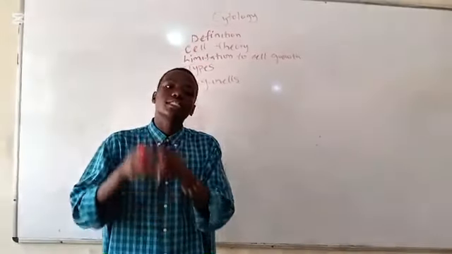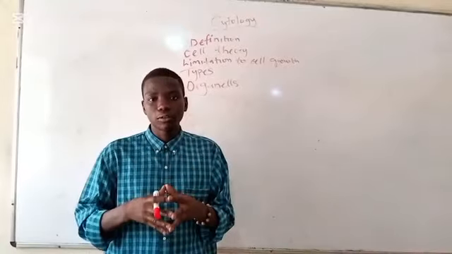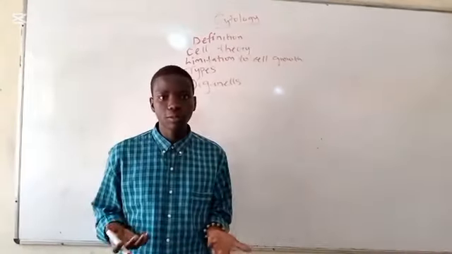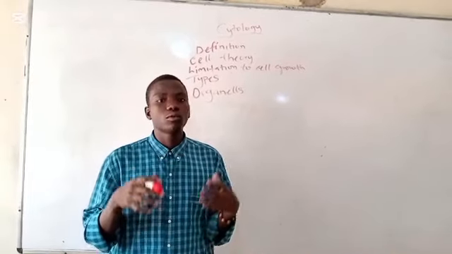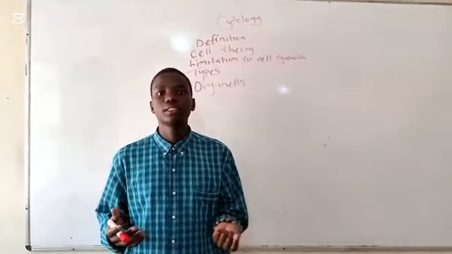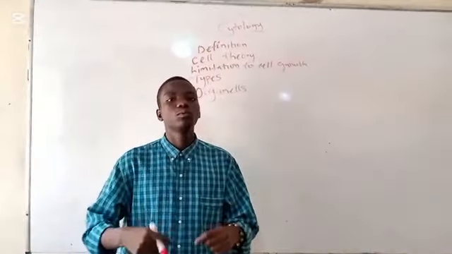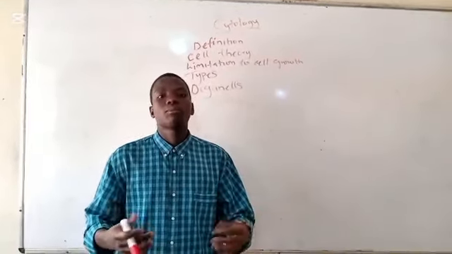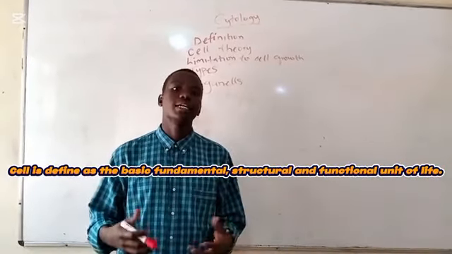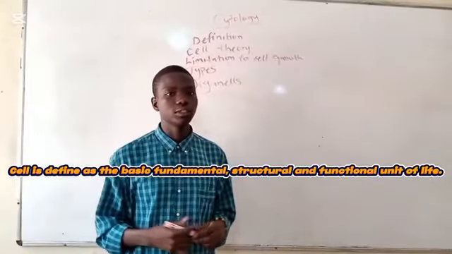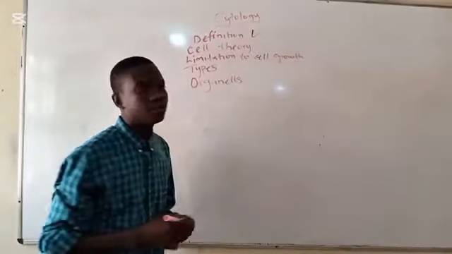Likewise, this shows that cell is also the fundamental, basic and structural unit of life. If we were to remove cells from living organisms, it means that that thing does not have life. So what cell basically means in this context, it is the smallest unit in which life is found or in which life can be exhibited. But then the technical definition is cell is defined as the basic, fundamental, structural and functional unit of life. So that is that about the definition of cell.